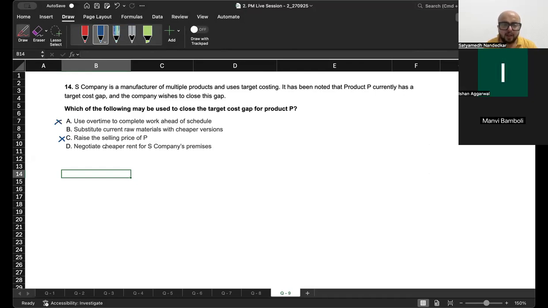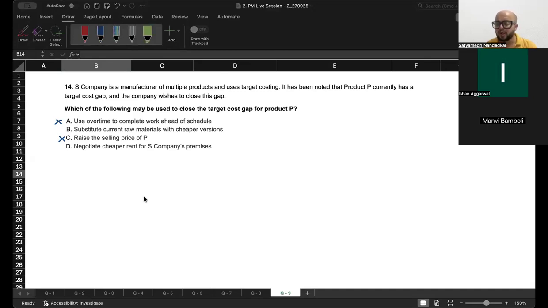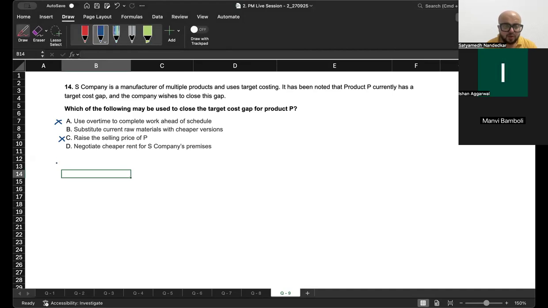it will not reduce, so the target cost gap will increase. Negotiating cheaper rent for S company's premises would reduce the overall cost, but it is not a production cost specific to product P. So this will not help in reducing the target cost gap. This is a factory wide cost, not a product specific cost. Substitute current raw material with cheaper version. Yes, this will help you to reduce the target cost gap. So option B is what will help you to reduce the target cost gap. ठीक है,